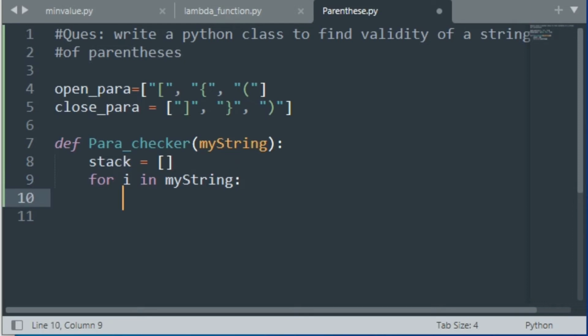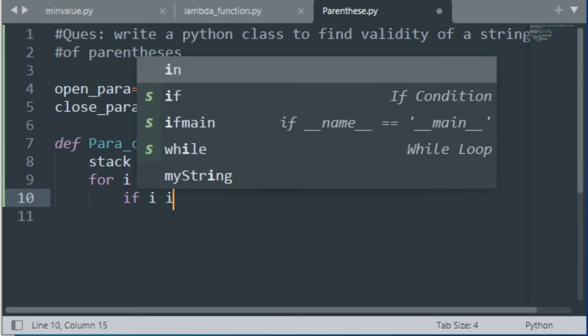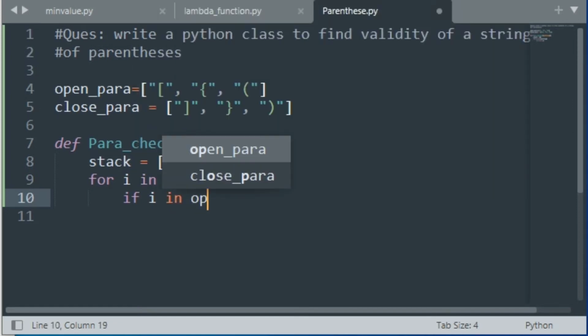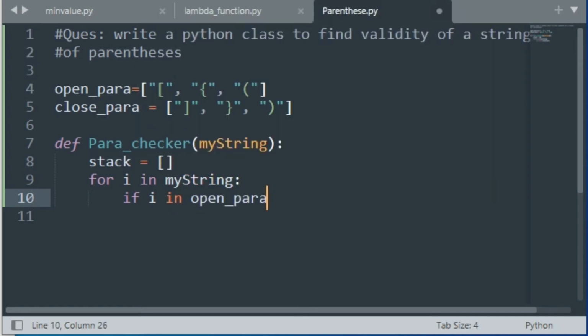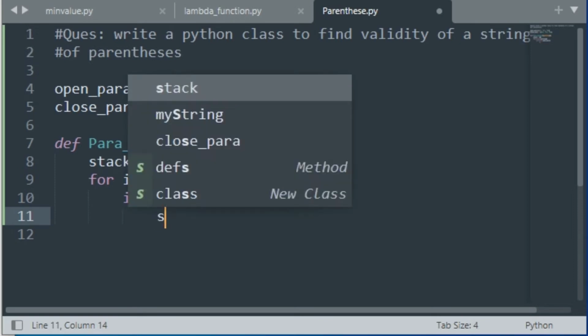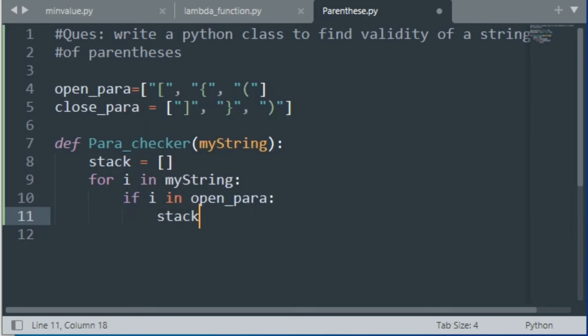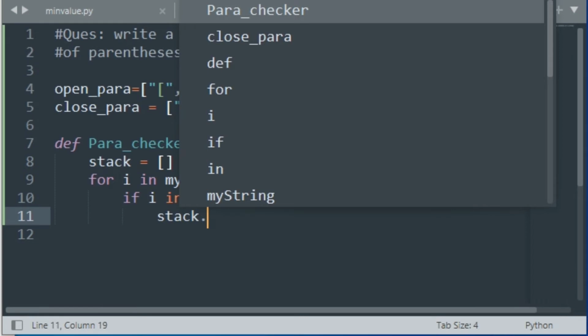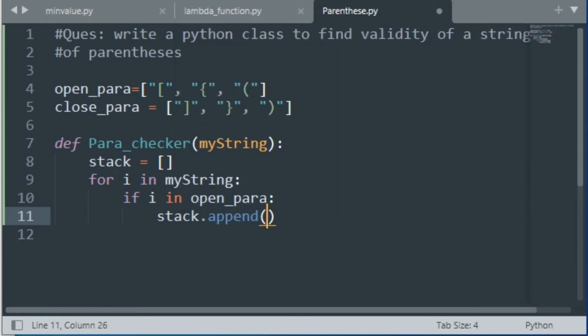And after this, if I is in the open para array, it will append I into the stack. So basically I will be appended to the end of the stack.